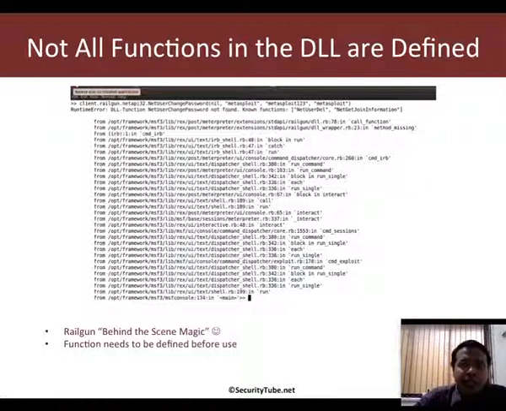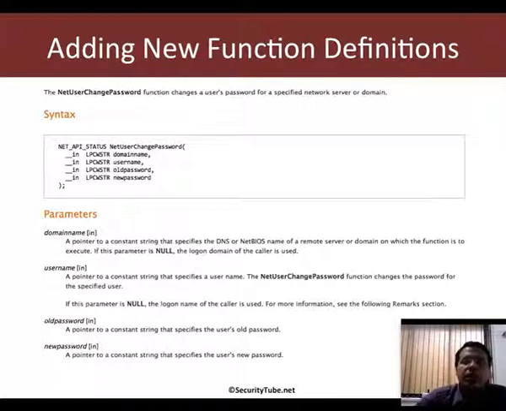And this is where, I think, as more and more security researchers contribute to Railgun and find use for different APIs, they keep adding those APIs to the definition files. So what we would need to do is add the function definition for the DLL before we can use it. Now there are two ways in which we can do this. So let's look at NetUserChangePassword,